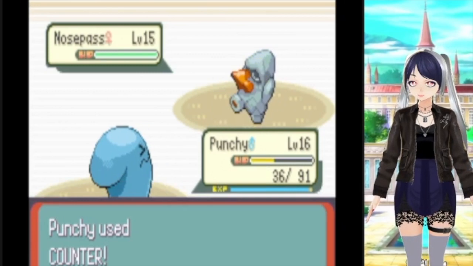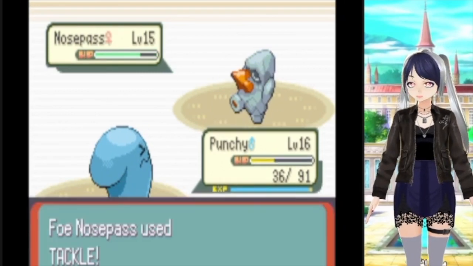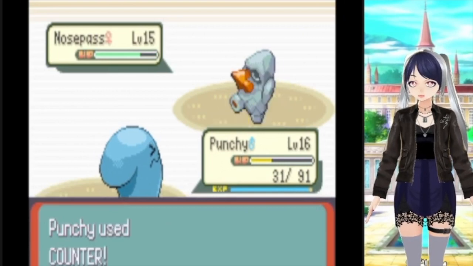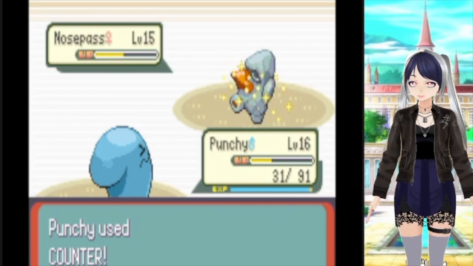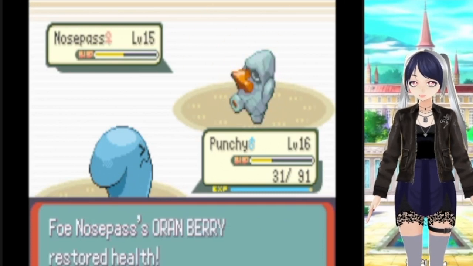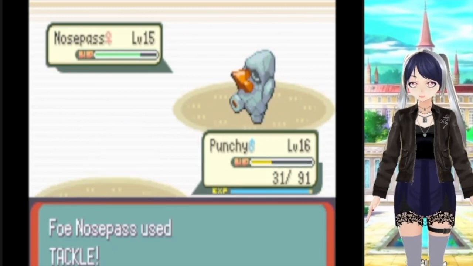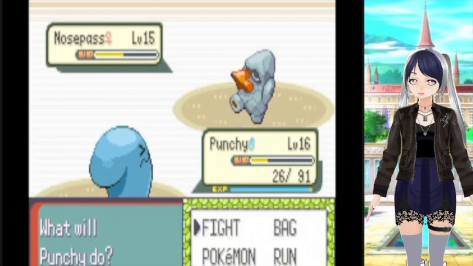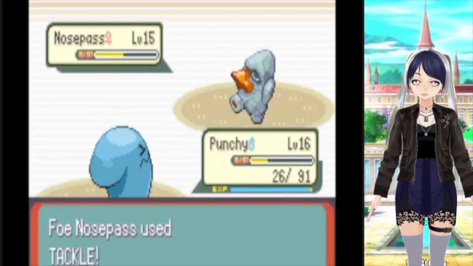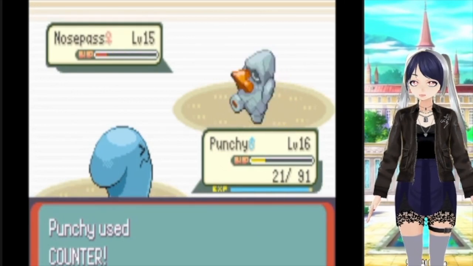But then, finally, Nosepass does a damaging move, and it's Tackle. And then it tackles again. However, it does take it down to about half, and it eats an Oran Berry. Then it uses Tackle, which takes it down to about half again. The problem is we're starting to run low on Counter PP,